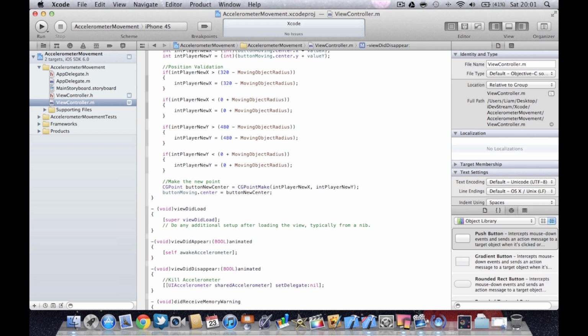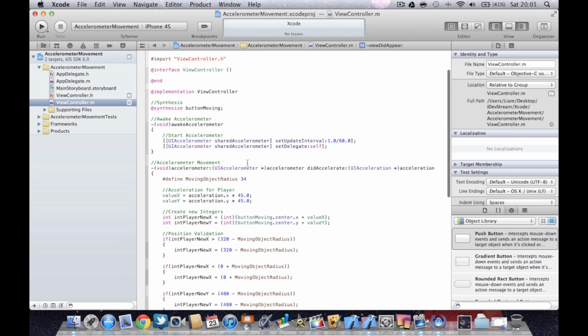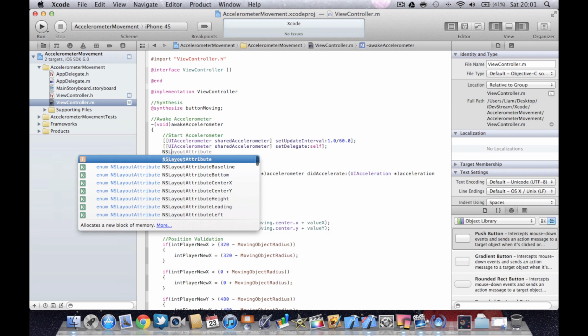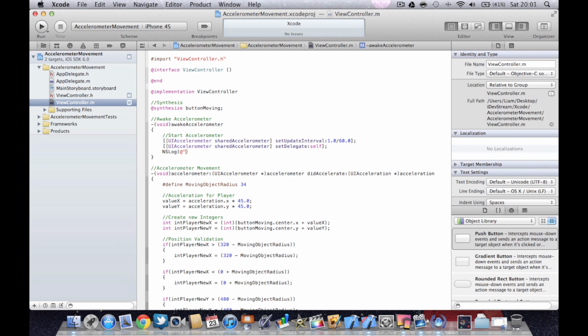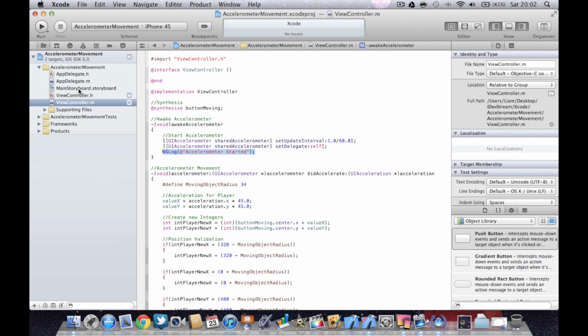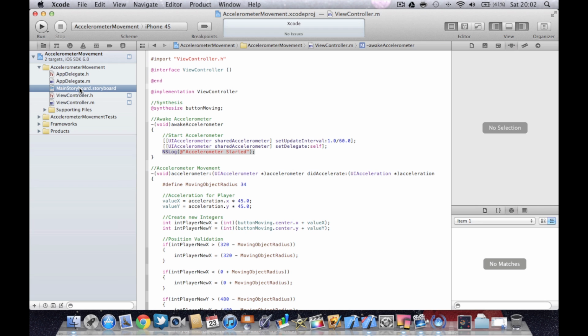If you want to test that your accelerometer is actually started, what we can do is go back up to this awake accelerometer and use what's called an NSLog. And this will basically tell us if this method is called, then we'll see a little text box come up in this view here. So all we've got to do left is link the object,